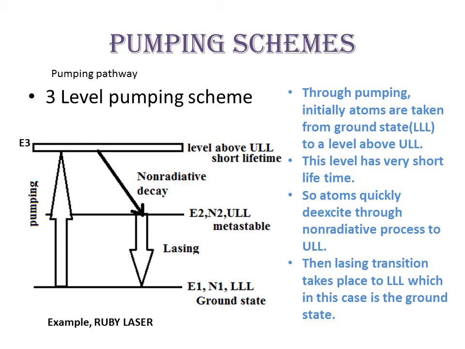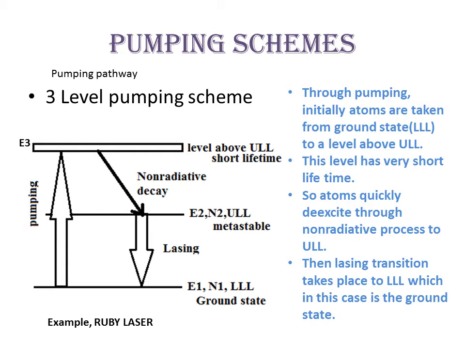Ruby is an example, but if you remember the energy level diagram of Ruby, there is a ground state, then an upper laser level, which is a metastable state, and above that we consider two energy bands into which the transition can take place by absorbing blue photons and green photons. So we are actually making use of two energy bands above the upper laser level. If you count the energy levels we use, we have the ground state as 1, the upper laser level, the metastable state, as 2, and then these two energy bands above that. So that would make 4 energy levels, but we are saying that it is a 3-level system.